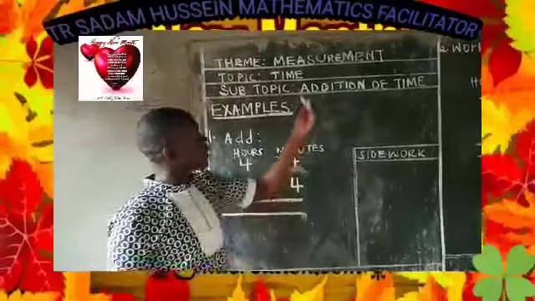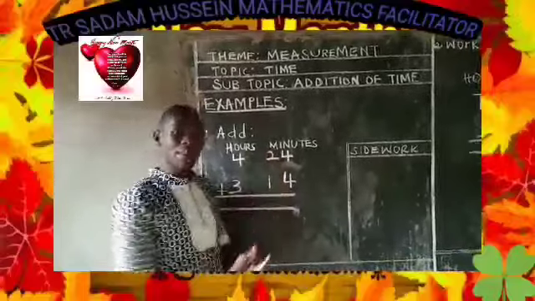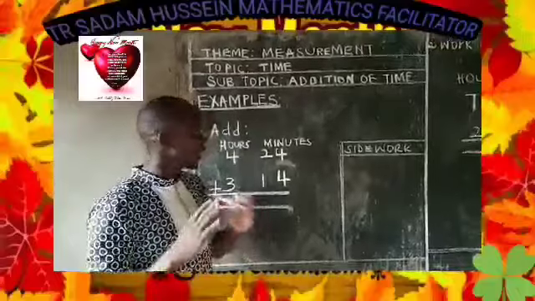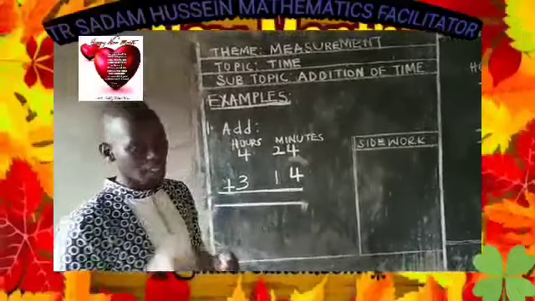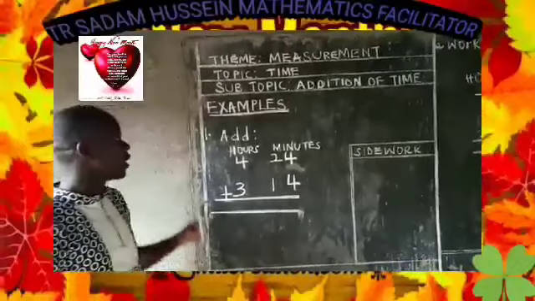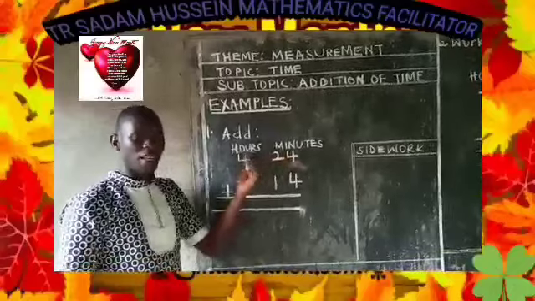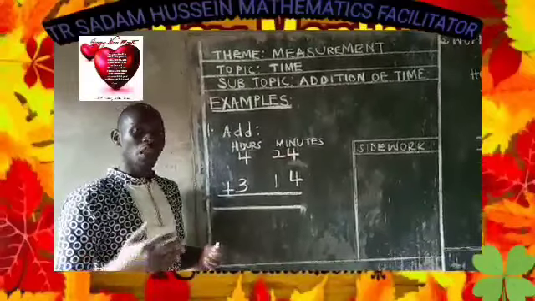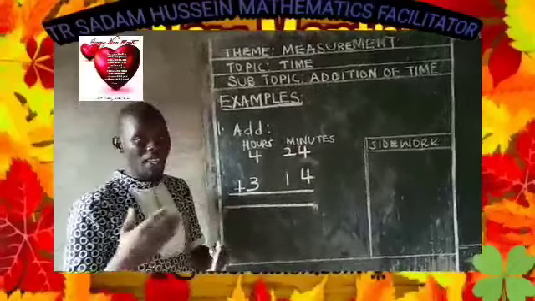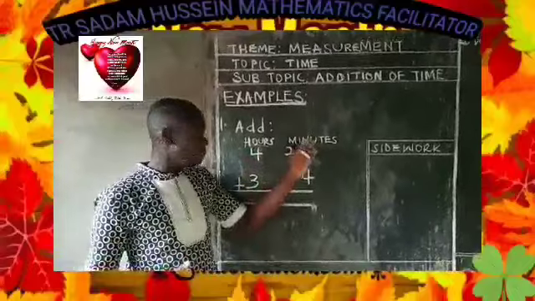Now, remember I told you that when we are adding numbers, the order doesn't change. Either you're adding under time or normal numbers, under any base, base 10, base 2, it doesn't matter. The order remains the same. So this time, as we are adding time, we are looking at hours and minutes. Remember, time is always commonly grouped into 3: we have the hours, we have the minutes, and we have the seconds. But in most cases, we always look at the hours and the minutes.